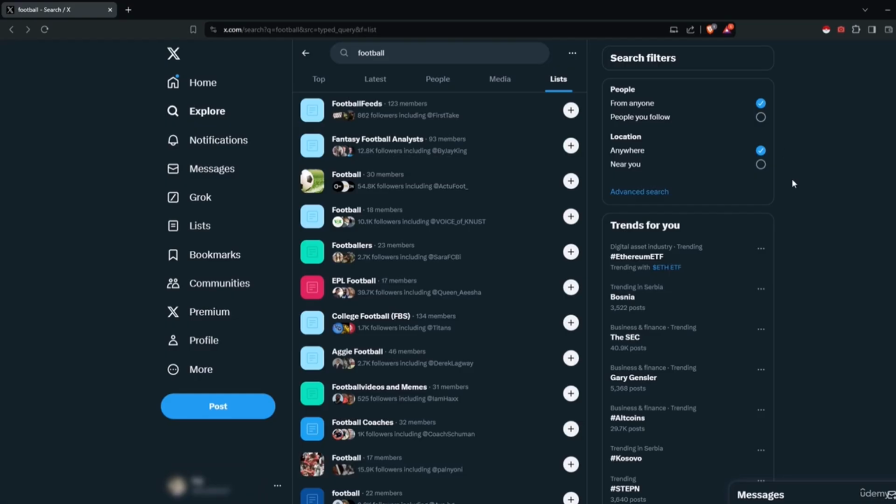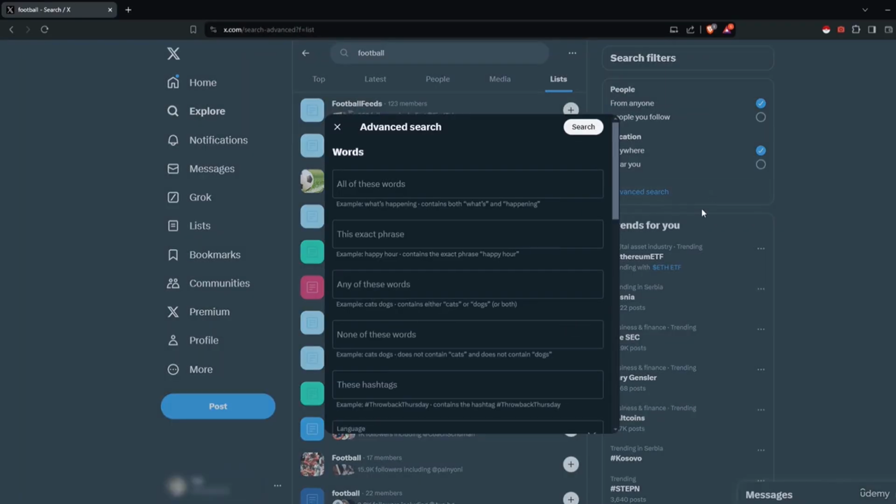Then we have something much more interesting and it is the advanced search menu. In here we have options similar to the one we have in search engines such as Google or Bing. The first field is pretty much a basic search. It will look for all the words we put in the general search bar. Then we have a search for the exact phrase. If you remember, going for the first option would give us results from all over the website, whereas this one will only show us tweets and people who match the exact query we type in.